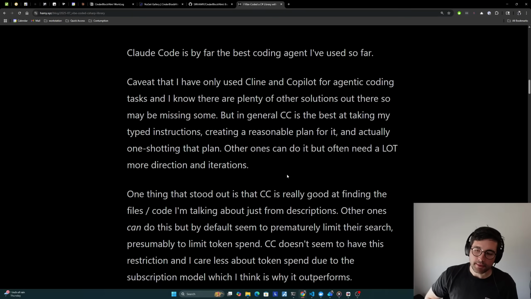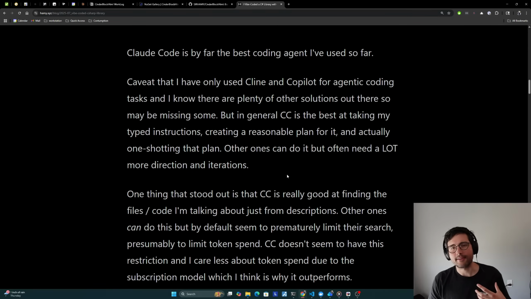Now, one thing that stood out to me is that Claude Code is really good at finding the files and code that I'm talking about just from descriptions. I find that other ones can do this, but by default, they prematurely limit their search, often to just open files or files that have an exact match for something you said in there. I'm assuming they do this to limit token spend, and it makes sense. You can see how much everything costs in Cline, and Cline quickly costs dollars just to read something. And the difference here is that Claude Code doesn't seem to have this restriction,